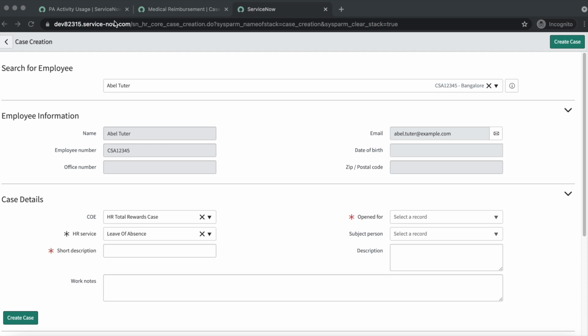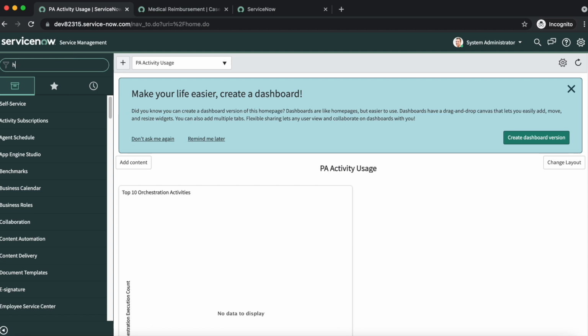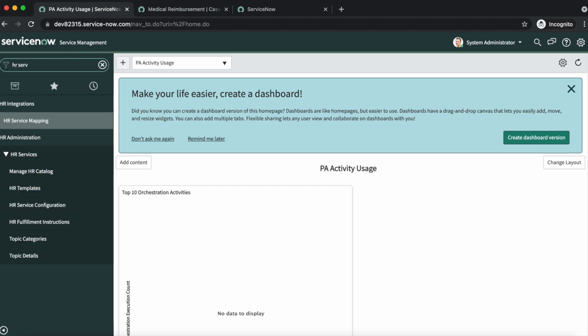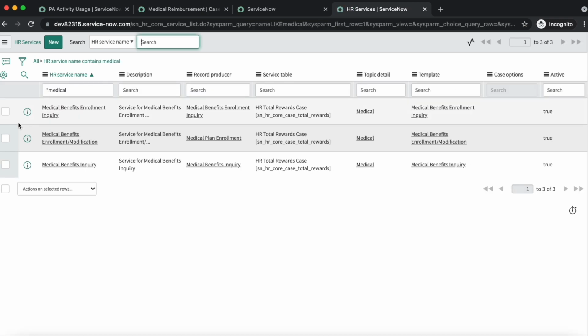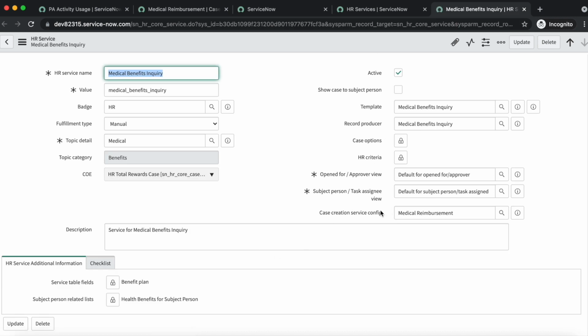So for that you will have to navigate to HR service configuration and let's search for the medical benefits inquiry. So we have configured it for the medical benefits inquiry HR service. Here you can see that we have already added the medical reimbursement case creation service configuration in that field.